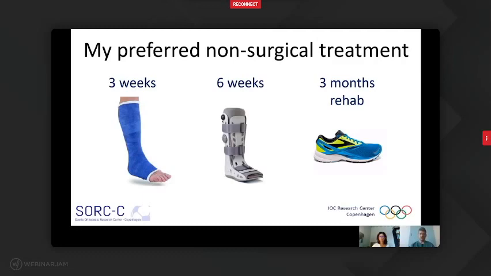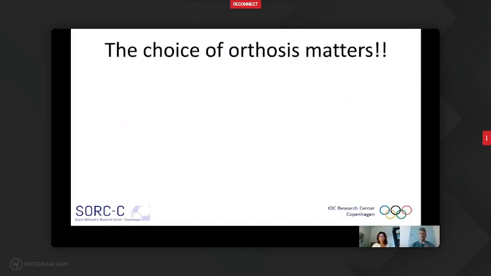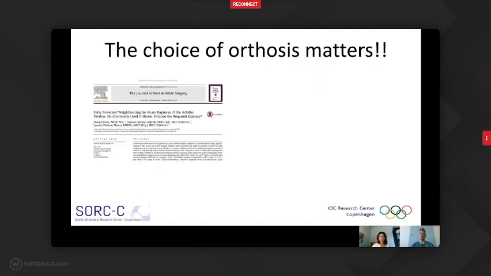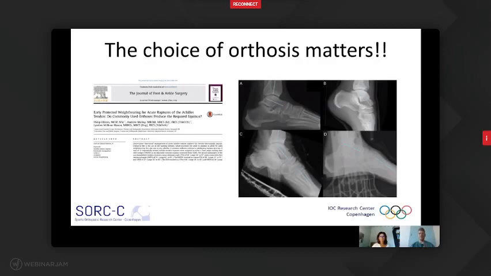When you use the orthosis, it's really important to consider the choice of orthosis, because it matters. This is a study by Ellison et al., who showed that here, if you look at the A, this is a neutral position. This is an Achilles cast. Here you have a hinged orthosis, and here you have an orthosis with wedges. And if you look at the angle between the blue line here and the tibia,